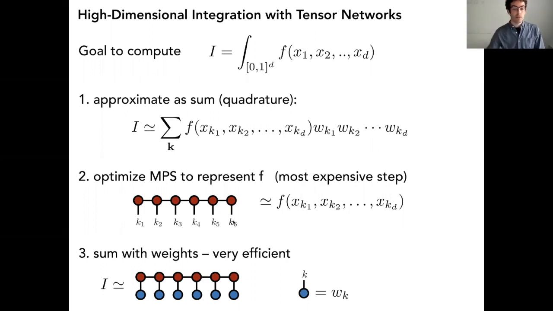The trick you can do is you can actually optimize an MPS tensor network, a matrix product state, to approximate this discretized version of f. So as long as you can afford to evaluate f on these points, you can collect samples and then use these samples in a training algorithm. And there's various ones that are very interesting to figure out what numbers to put in this MPS to get a close approximation to f.